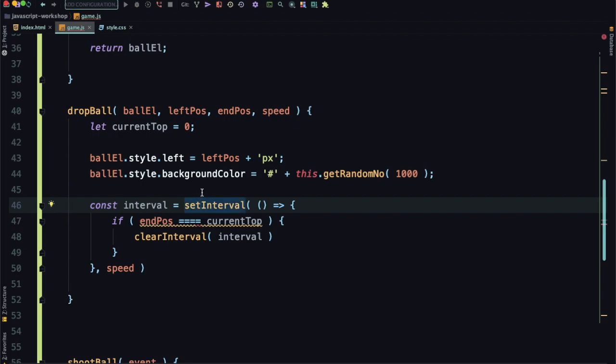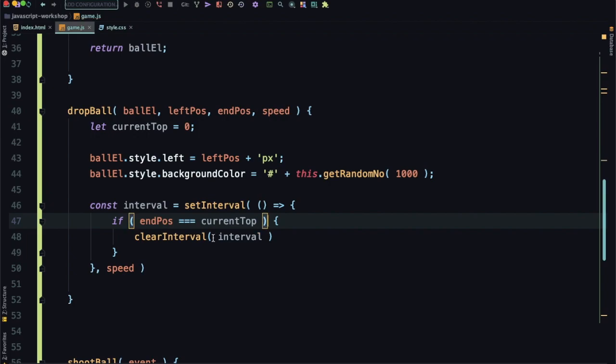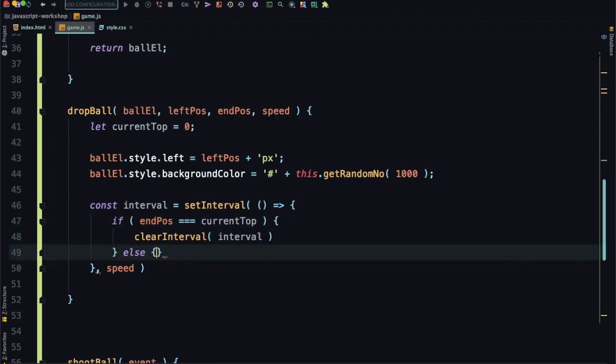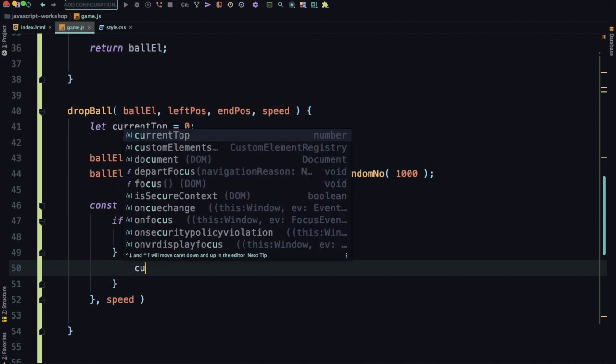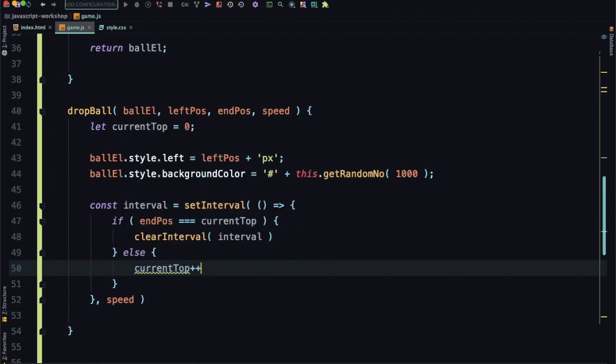Okay, else. So which means that if the position becomes the same as the end position, which is the current top position becomes the end position, clear the interval. But we also have to otherwise increase the current top position by 1. So plus plus means that whatever the value of the current top position, in this case is 0, increment that